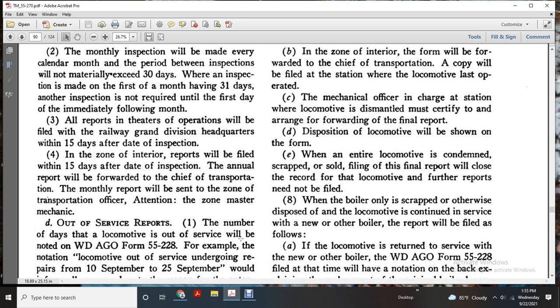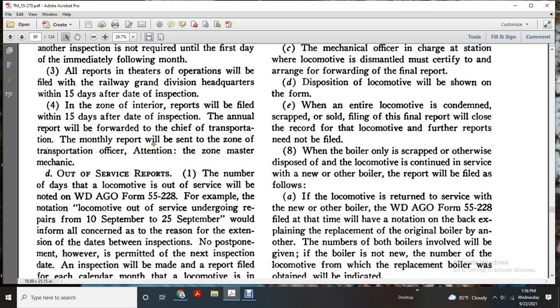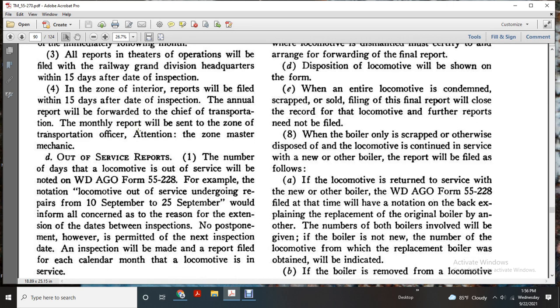Entire locomotive condemned scrap with the soul with the filing with the final report code with the record of the locomotive with the further report the need not to be filed when the locomotive the one boiler only scrap with the otherwise disposed with the locomotive continue with the strip of the new other boiler report will be filed with its files. Locomotive the returns for the new with the other boiler with the WDAG Form 55-228 filed with the